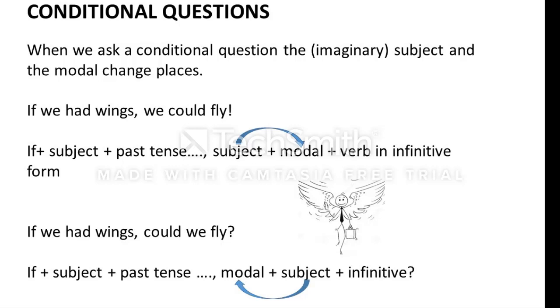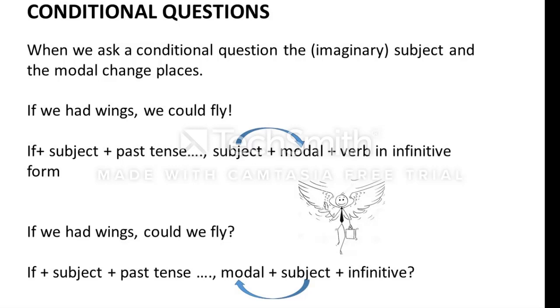You have here now for questions, for conditional questions, things also change just a little bit. Not much. So you have here I'm going to change the place of the subject and the modal verb that I'm using. Look at the example you have here. If we had wings, we could fly. In the conditional form, I need the use of the subject, which is we. I have the past tense, which is had. And then the other part of the sentence, the subject is we, the modal verb is could, and the verb